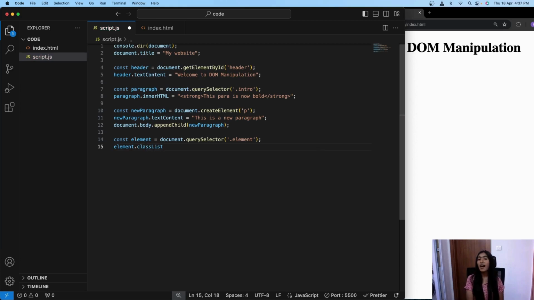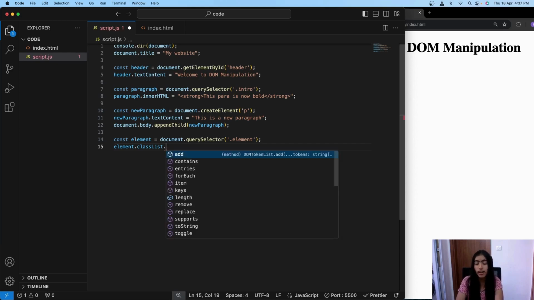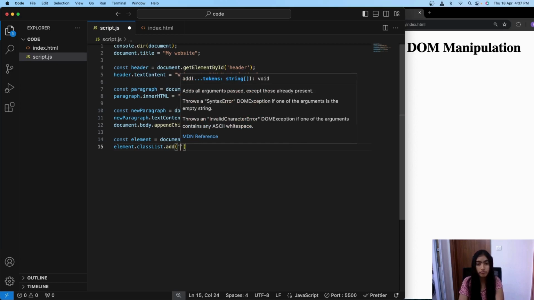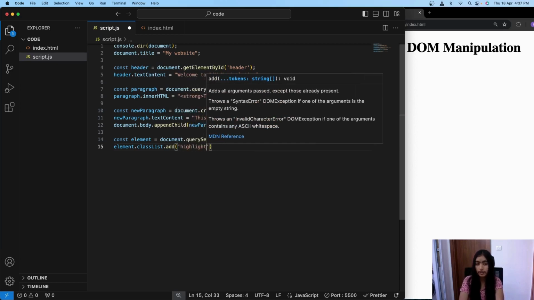Now whether we are adding or removing the styles, we have to specify that. Here we are adding the highlight style. So .add, and then we say highlight, because we're highlighting it.